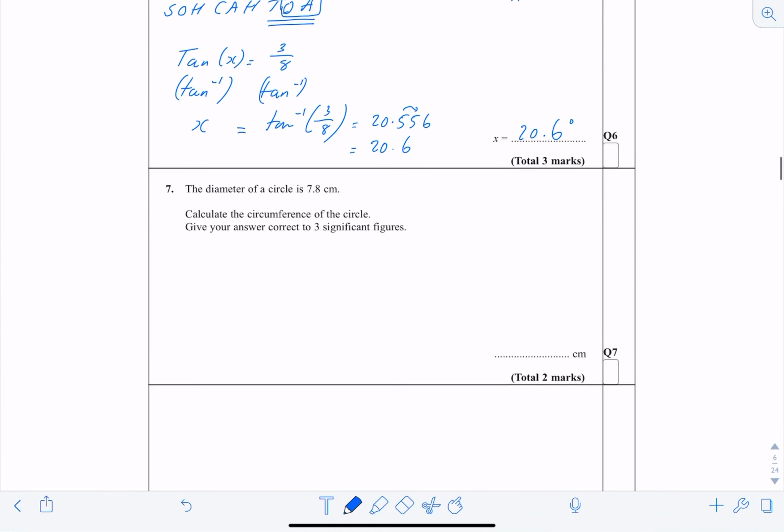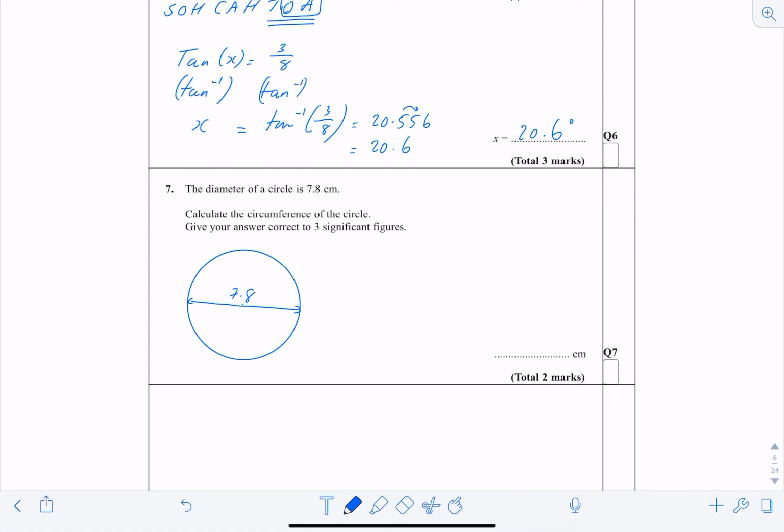Where are we? Here we are. Right. It says, actually, let's go crazy. Let's draw a circle. It says the diameter of a circle is 7.8 centimeters. Calculate the circumference. Now, you've got to be just a little bit careful about this because the